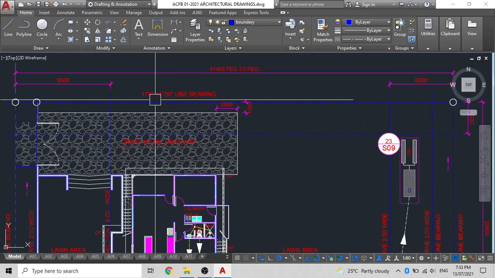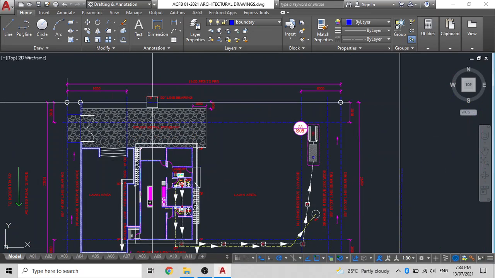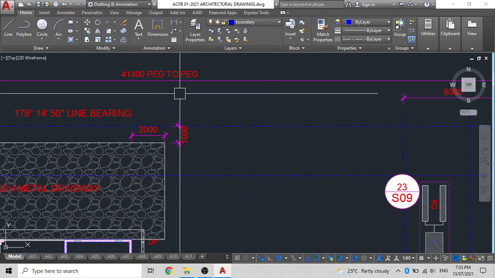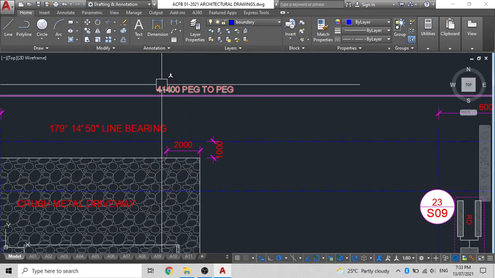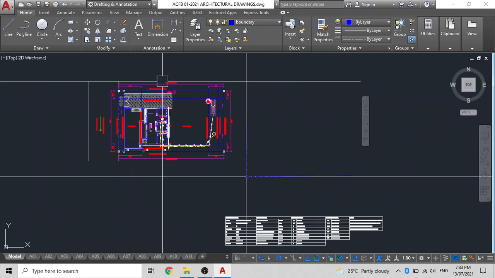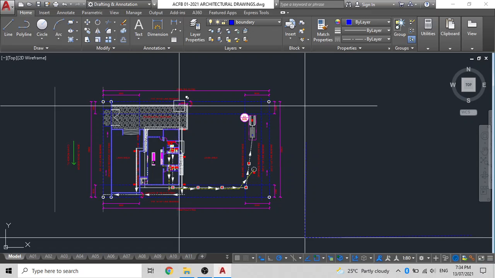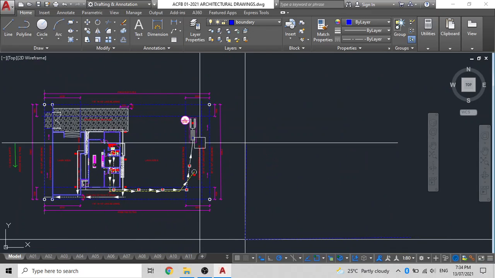Now the next line is again the same, but I can draw it for you. So what I'll do is I'll just re-enter all the lines. But as you can see, this one is 41 meter 400. Remember, a distance of 1 millimeter will make a big difference when you're using angles. So you will have to be very careful.